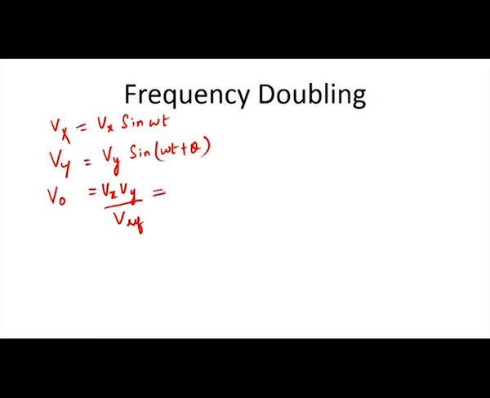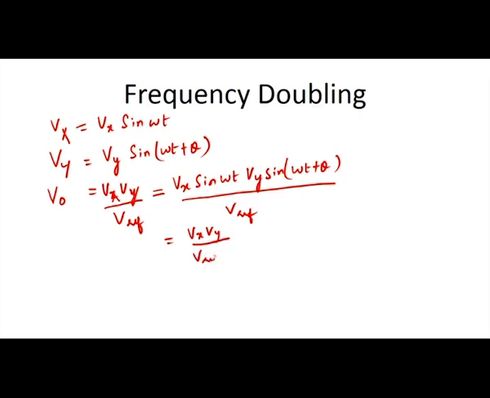So, if you take this as capital X and capital Y, substitute the values we have given: Vx sin omega t into Vy sin(omega t plus theta) by V reference. Now Vx Vy by V reference, if you take out, these are the amplitudes. Now, the remaining terms are sin omega t